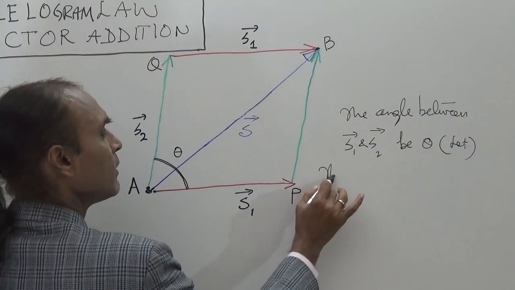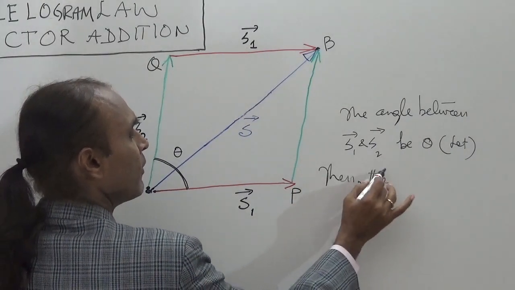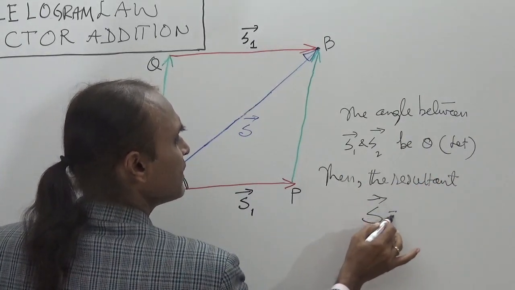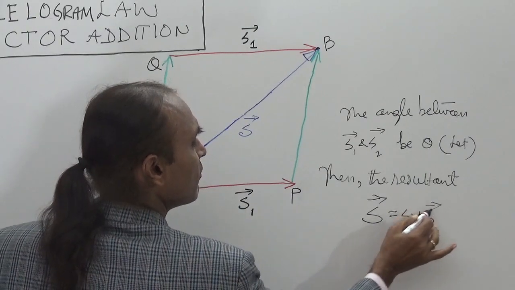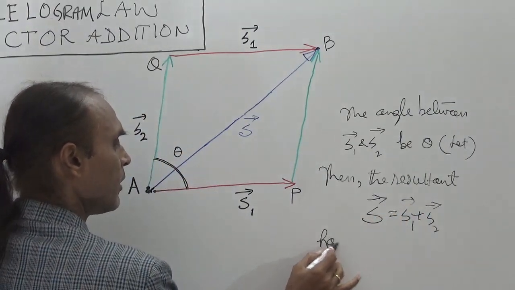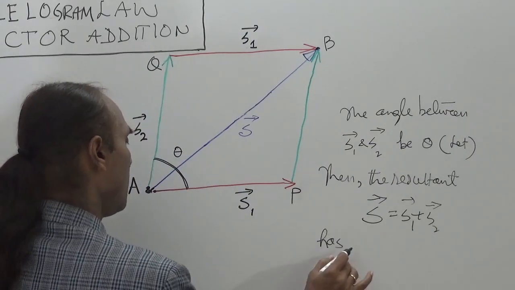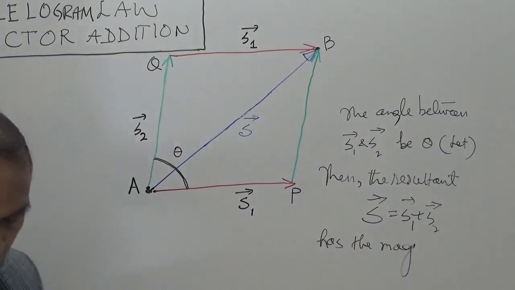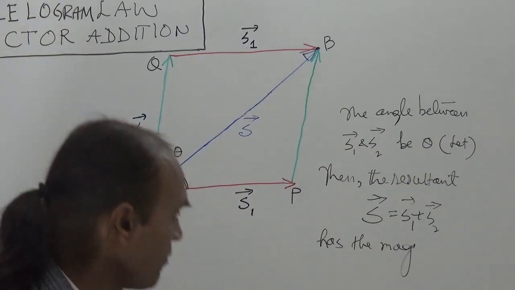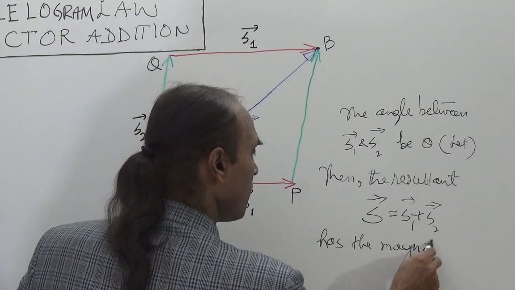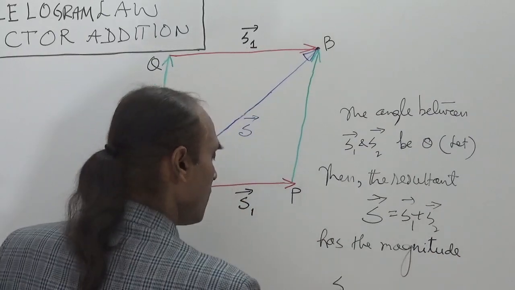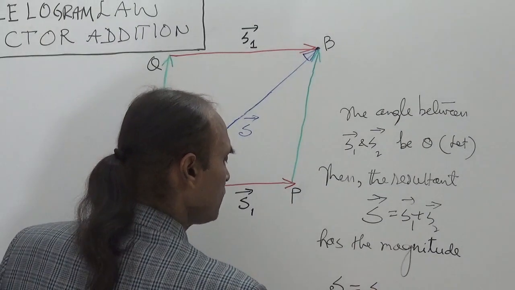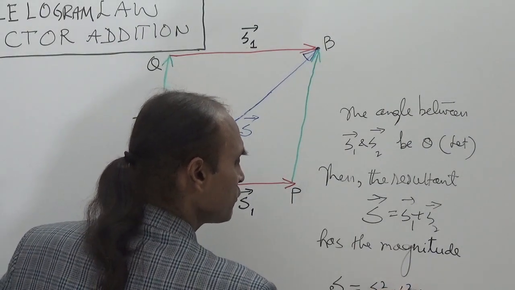Then the resultant S is equal to S1 plus S2 and has the magnitude S equal to S1 square plus S2 square